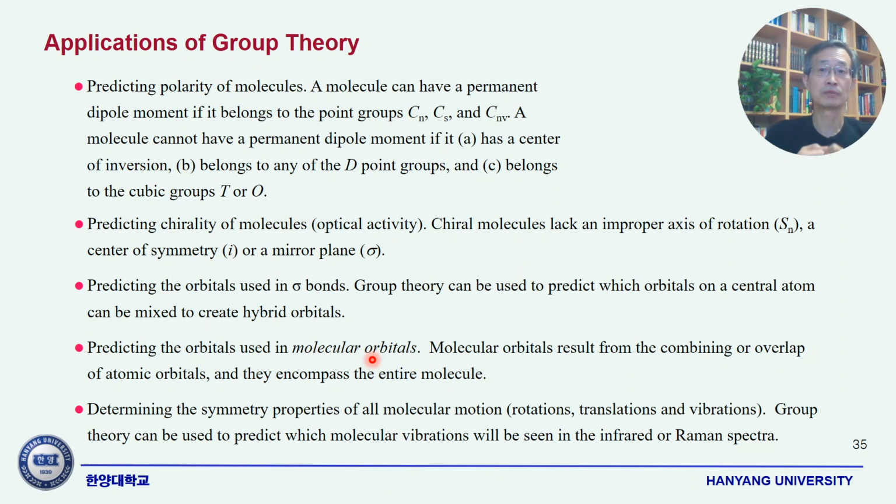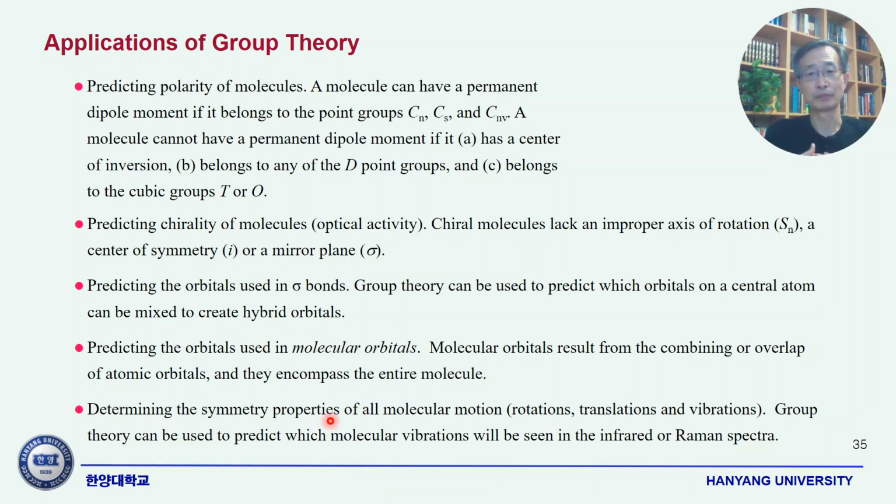A molecular orbital results from combining or overlapping atomic orbitals, and we have to choose atomic orbitals with the same symmetries so that it can represent the molecular orbital properly, a symmetry adapted linear combination of atomic orbitals. That is the proper molecular orbital. This is the first topic we are going to talk about,